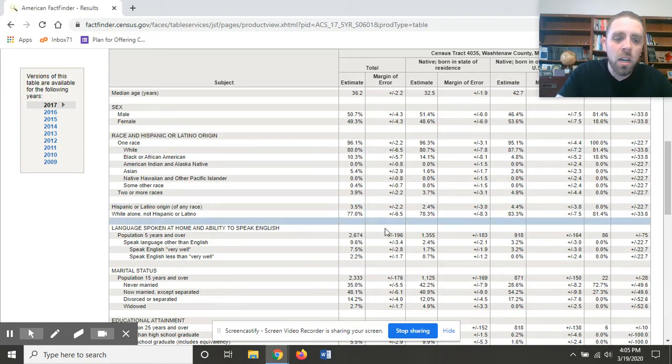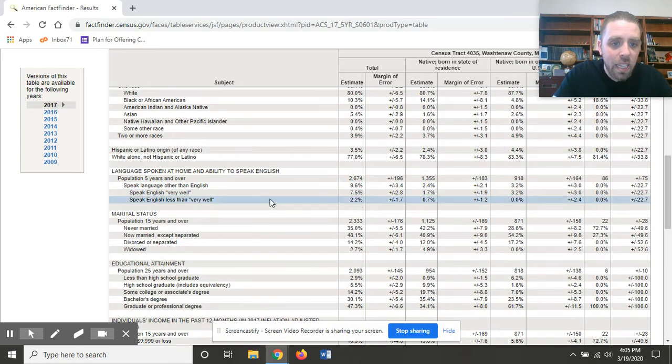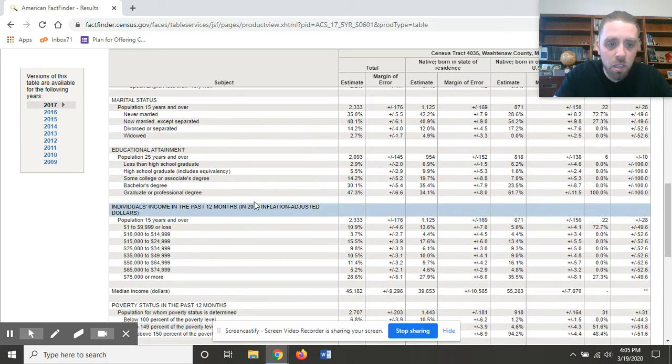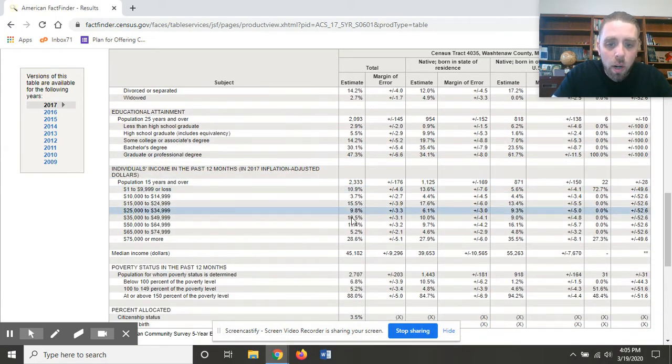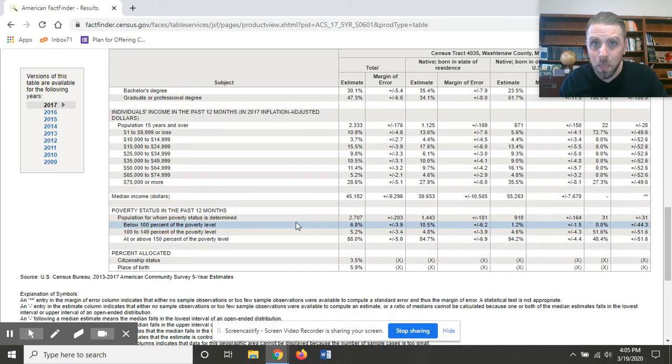And you can see that because Hispanic Latino is an ethnicity, not a race. It can apply to people of any racial background. I can see that that has its own separate category. So that would be 3.5% here. I can see the language spoken at home. I can see marital status, educational attainment. I want to look at the median income. I can look at the poverty rate. For those of you that care about the poverty rate, and I suspect that will be many of you,